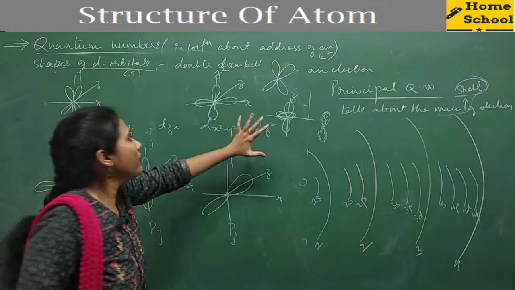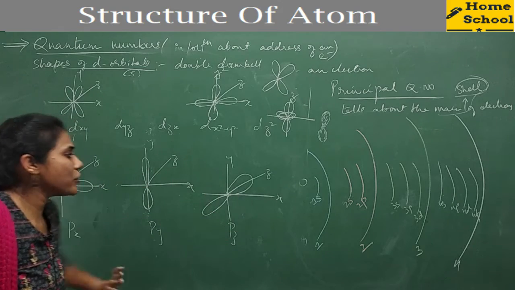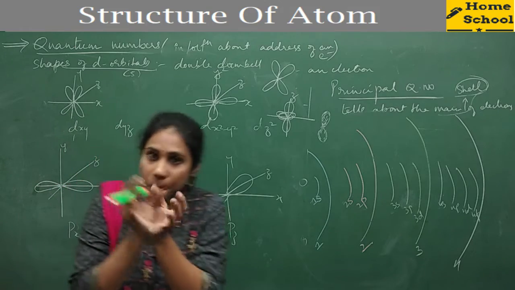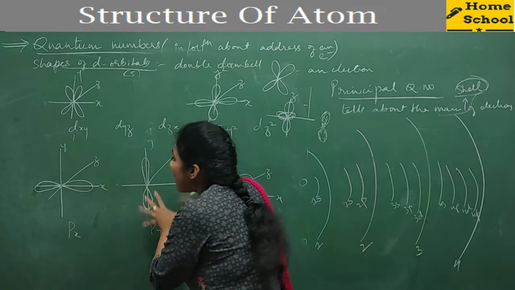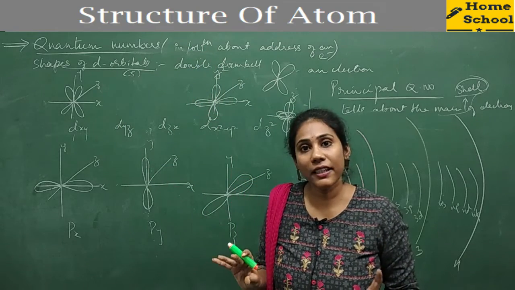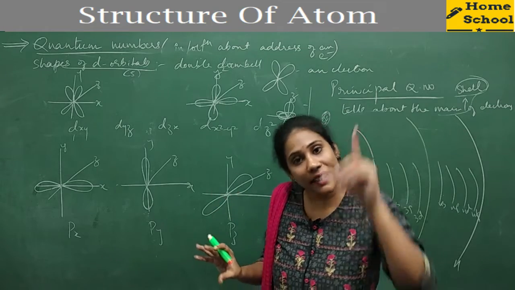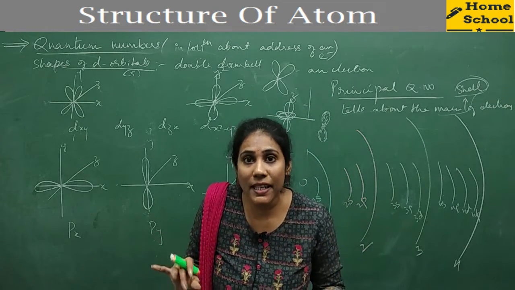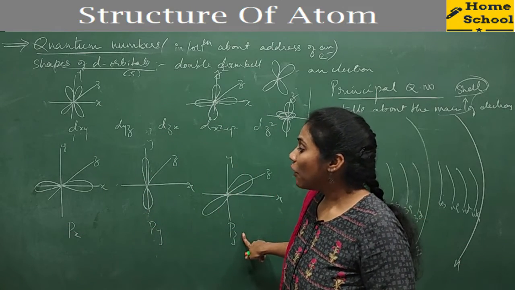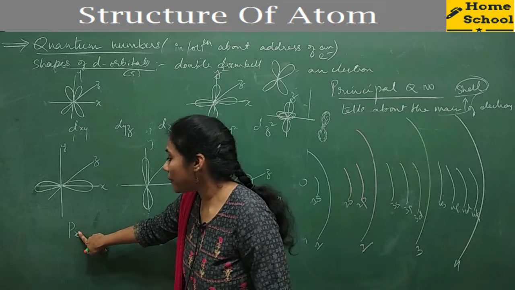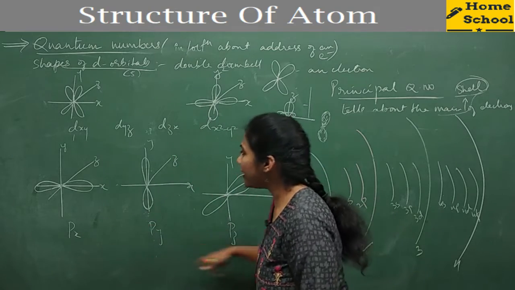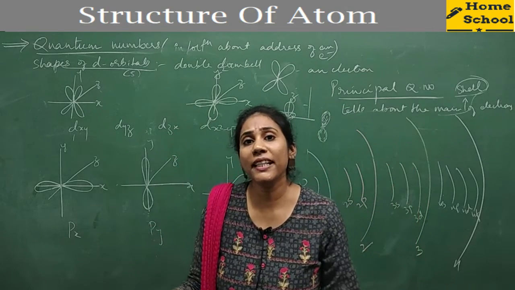Anyway, don't worry about the detailed aspects of the shapes, which you will learn in higher classes. Just try to remember: s orbital is spherical in shape, p orbital is dumbbell in shape, and d orbital is double dumbbell in shape. Clear everybody? And how many s orbitals are there? Just one. How many p orbitals are there? Three. What are the three? Px, py, pz. How many electrons can be present in a pz orbital? 2. Each orbital 2. Right? Here 2, here 2, here 2. All together in the p orbitals, totally how many electrons will you find?